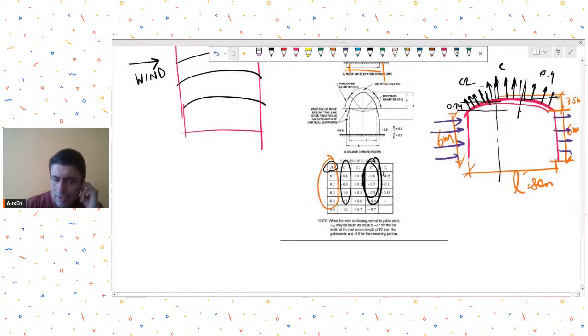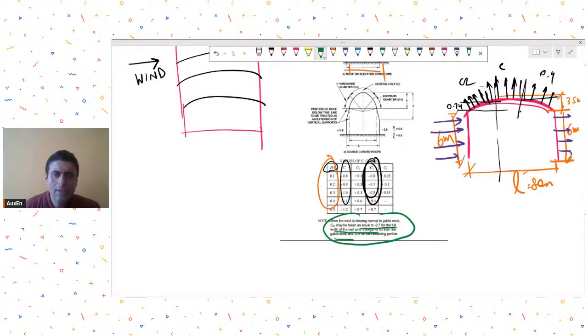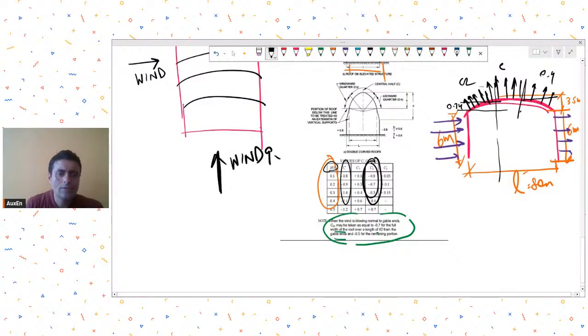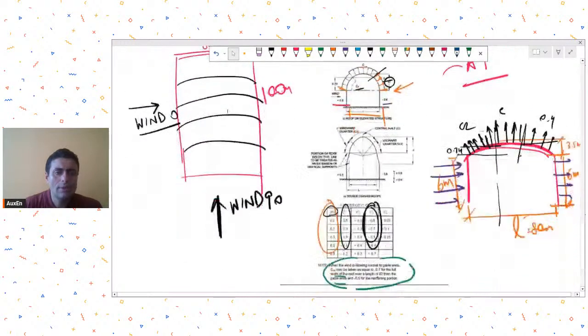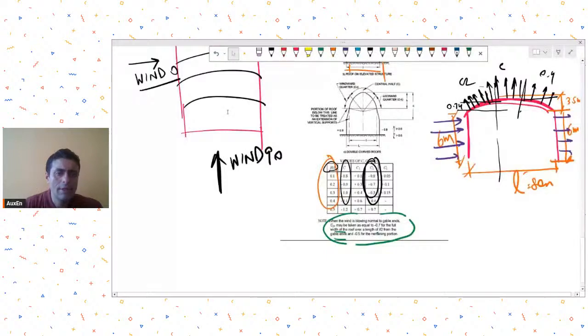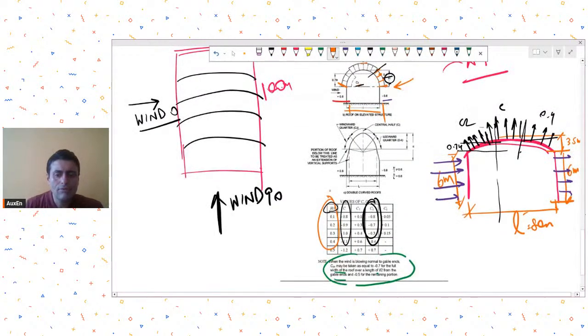It is further written in the note that when the wind is blowing in the gable direction, CPE may be taken as equal to minus 0.7 for the full width of the roof over a length of L by 2 from the gable ends, and minus 0.5 for the remaining portion. So when the wind is blowing from this direction, the earlier discussion was, let's say, wind 0, when it is blowing in the 0 angle direction, and when it is making a 90-degree angle, what they are saying is that for the first half,